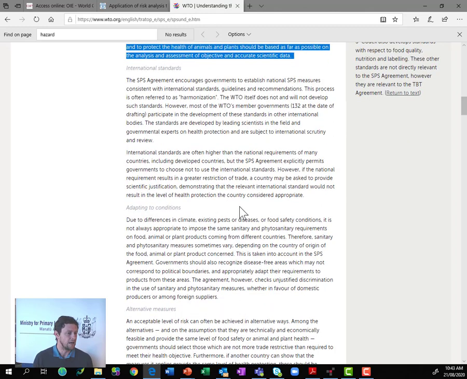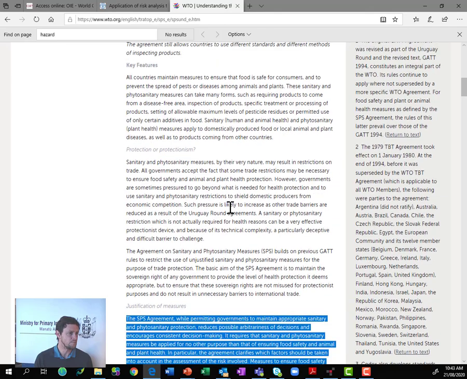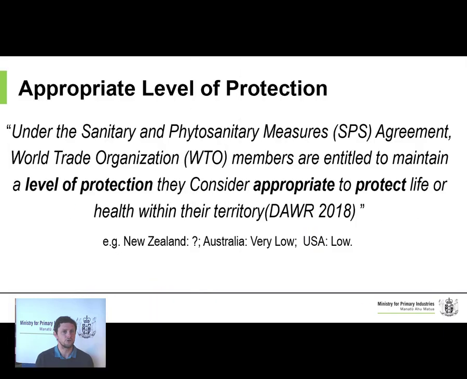Okay, and a bunch of other information there that ensures you're not unjustifiably discriminating against other countries, particularly where there are similar circumstances or standards already in place to your own country. It cannot be above and beyond what an exporting country has already got in place if their health circumstances are the same as yours. So another really great website to have a look at in due time, at the appropriate time when you are developing your import health standards.